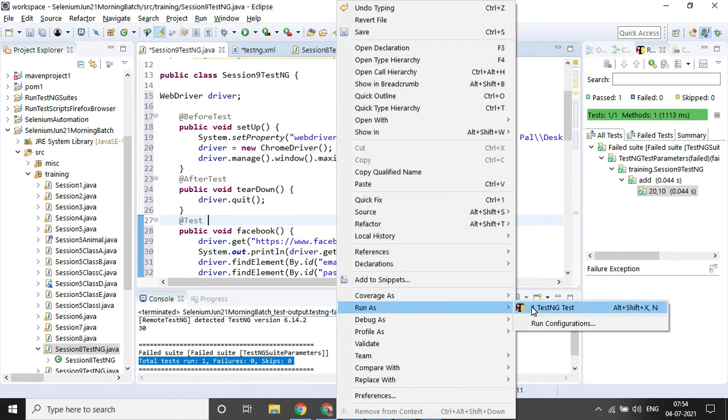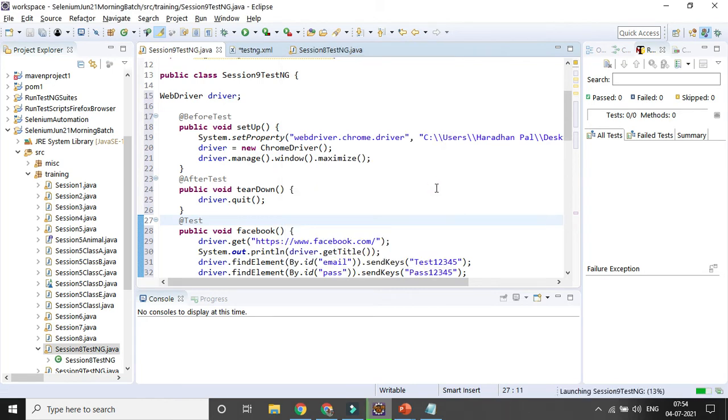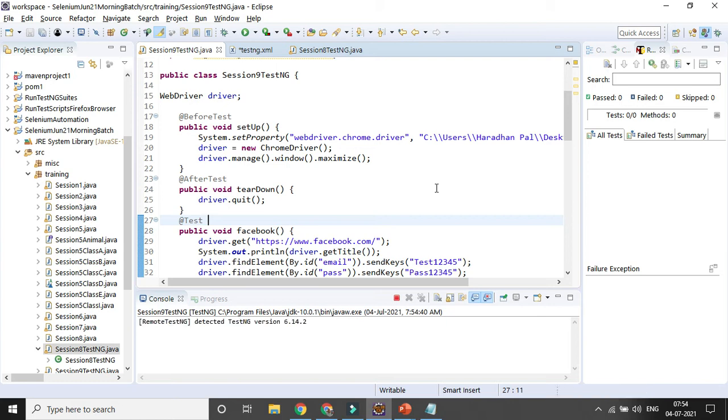Okay, so it will launch the Facebook page. It will get the title in your console. So you can also exclude it. So you can run it from the test case level as well. Okay, it will enter the email ID and password. It will quit the browser because it will depend on your before test and after test, the pre condition and the post condition. And based on the Facebook test case method we have written, it will launch the Facebook page, get the title, and it will enter the email and password. So that's why I can write it instead of writing everything in a single test case. I can call the before test and after test.